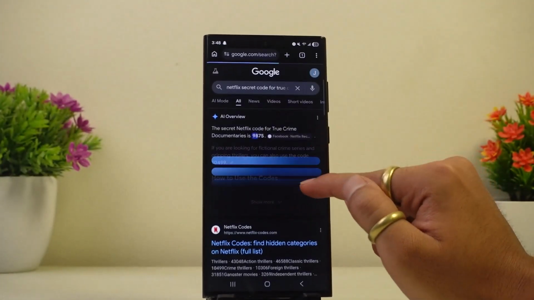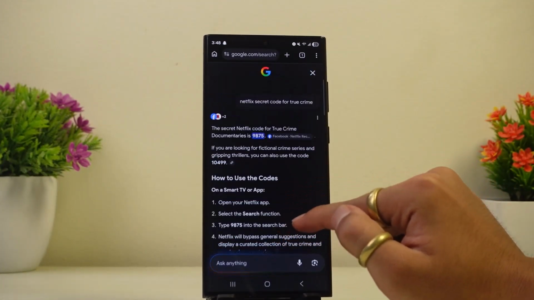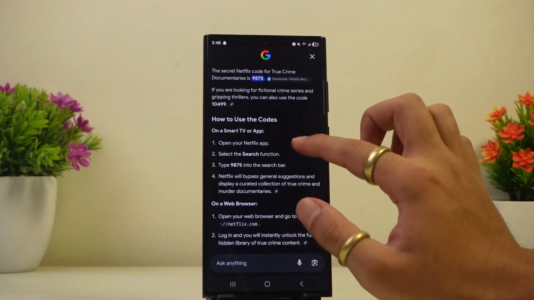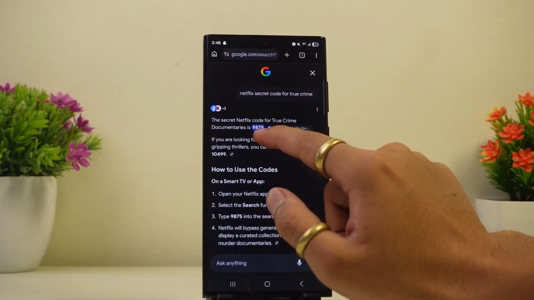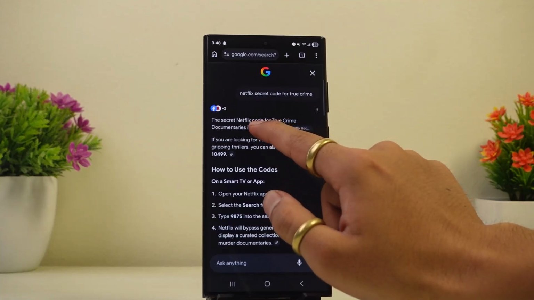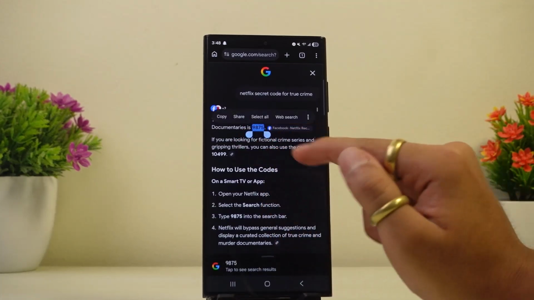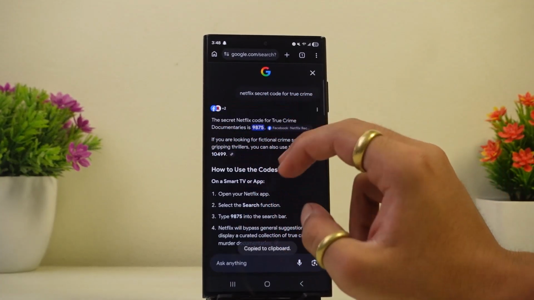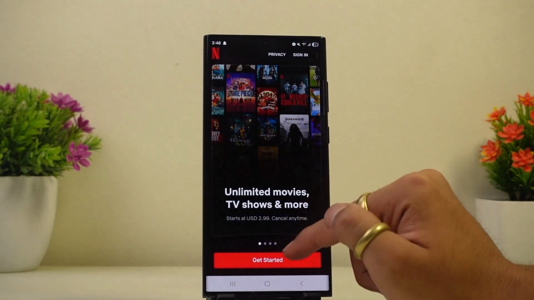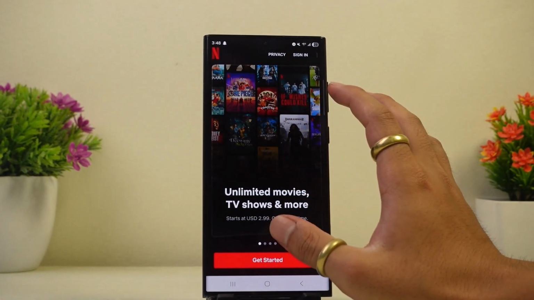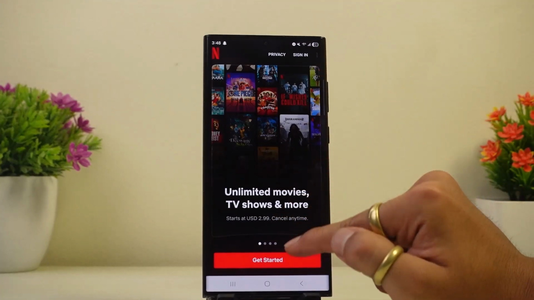Now, once you tap on this option, go ahead and tap on this show more to view in depth of this specific genre, and from here you should be able to find this highlighted code over here. You simply long press on that code, and as you can see, a copy option just showed up on my screen. Now simply copy that, then head to your Netflix application, sign into your account,